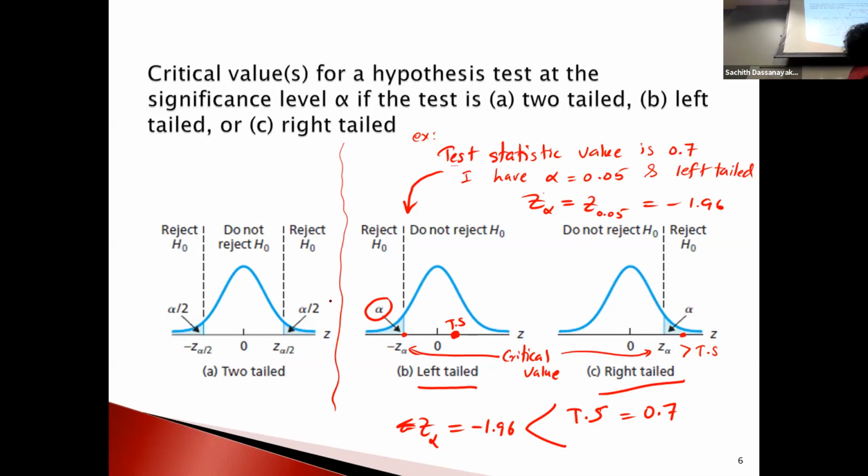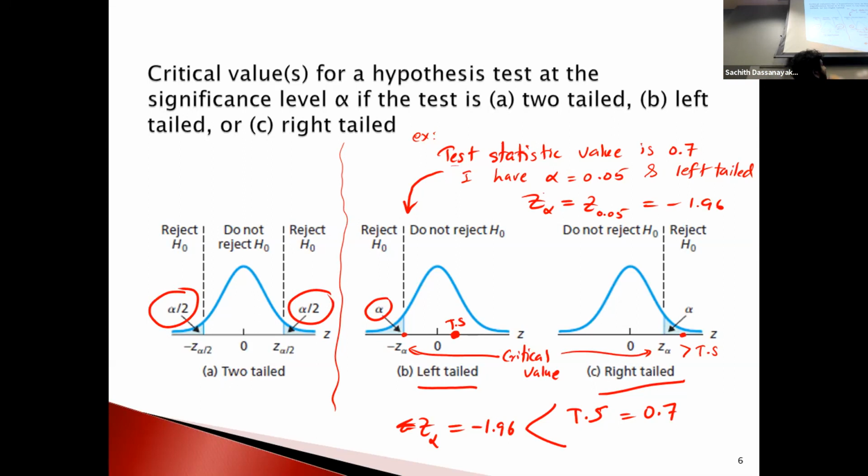In the next slide, when I explained the critical value, I told you a critical value can be one value or two values. In the two tail case, we have two critical values, a positive one and a negative one. The value is the same, but the signs are different because it is two tails. And remember, this is not alpha, this is alpha over 2, because you have to divide alpha into two equal pieces.